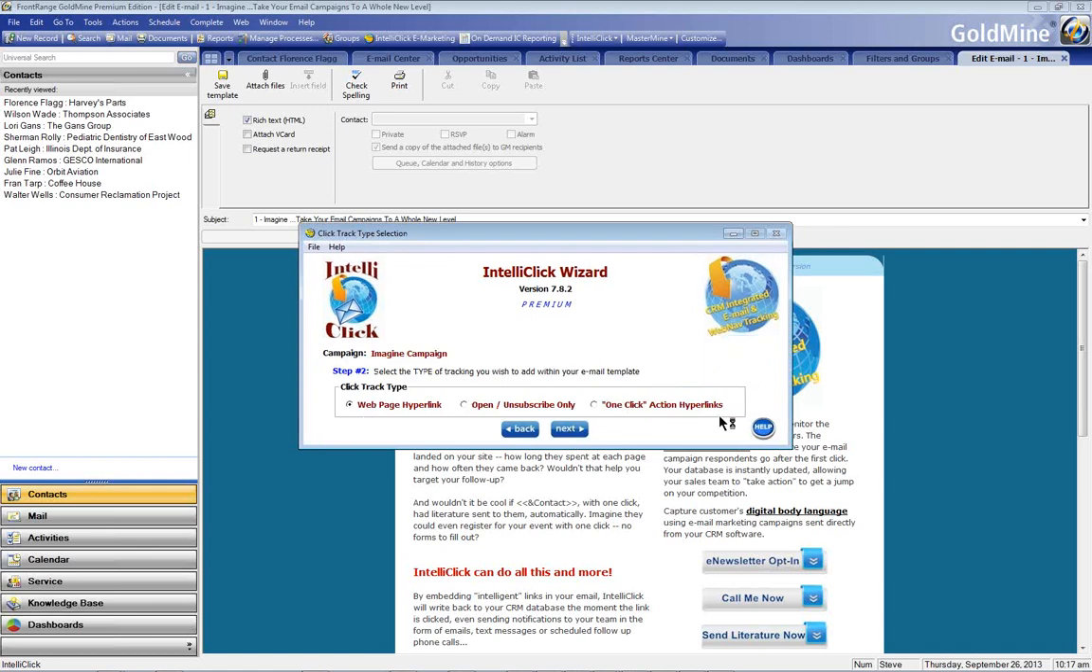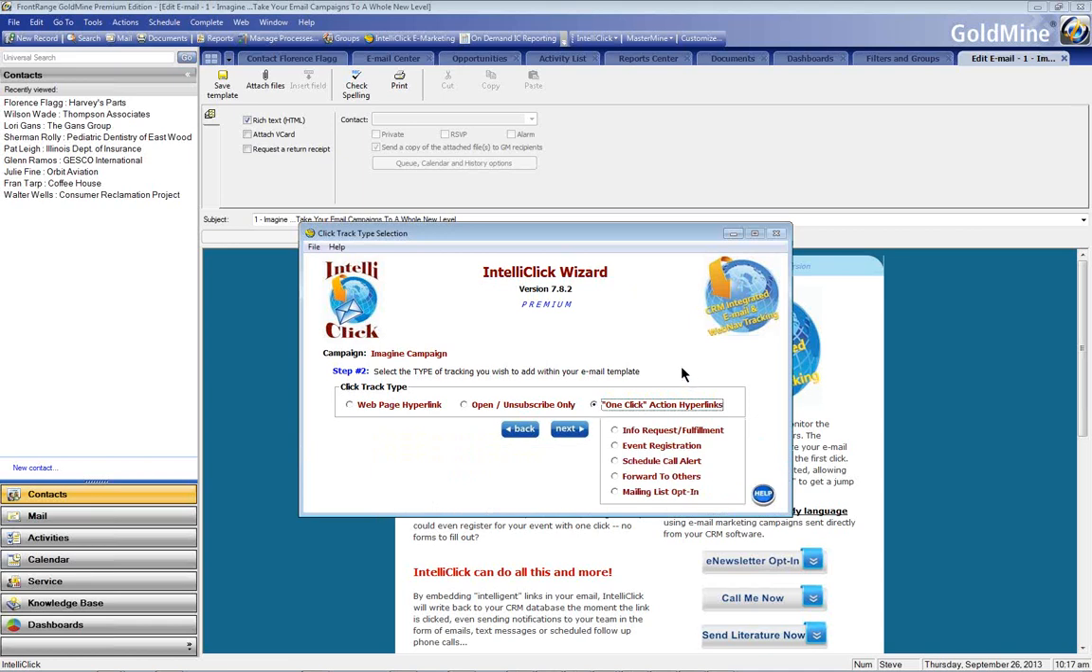You then determine what type of tracking you're looking to do. Most commonly, a web page link, somewhere that I'm going to send people to my site, is the common way to go. But you do have the ability to say, I just want to track an open or unsubscribe, or I want to go a little bit deeper and provide certain types of what we call call to action capabilities for people to receive literature, sign up for your event, immediately ask someone to call them, forward your message, or simply opt